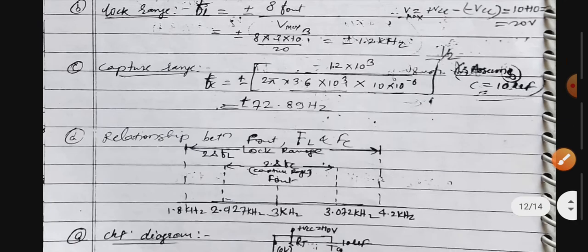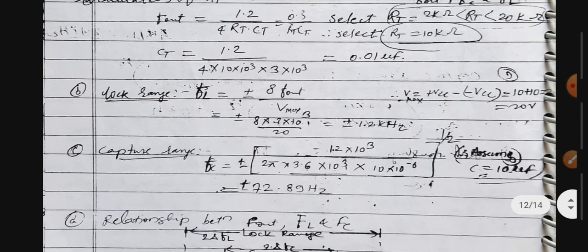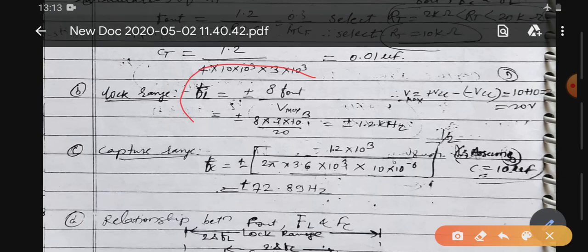The formula for FL is equal to plus minus 8 times F out divided by Vmax, where Vmax is equal to twice VCC. Just like plus VCC minus minus VCC, you will get twice VCC. So, capture range,